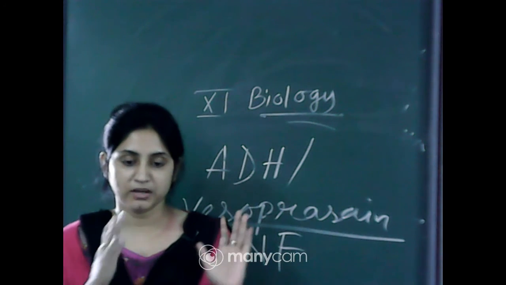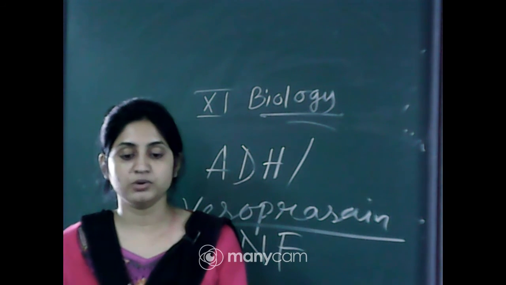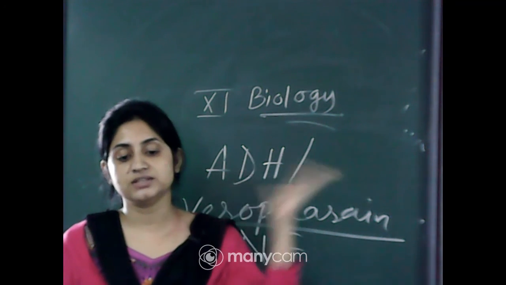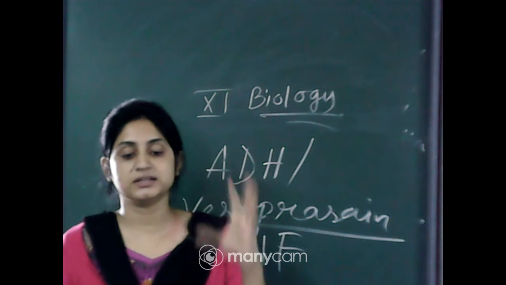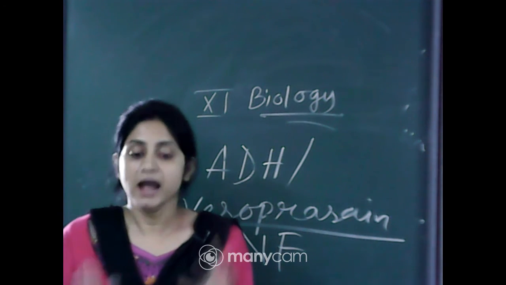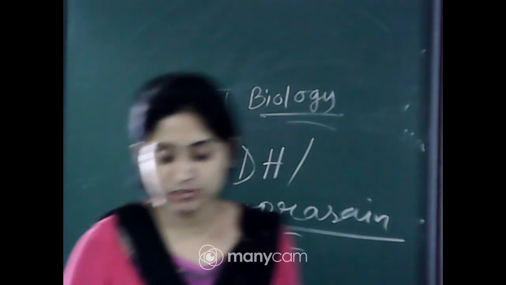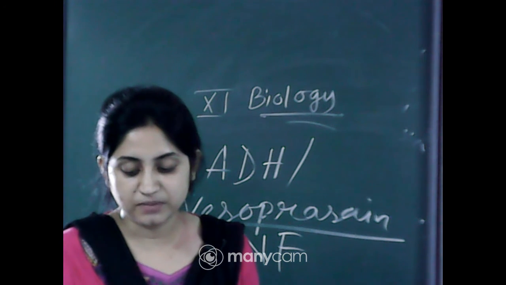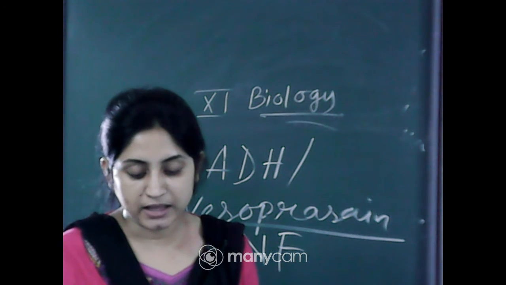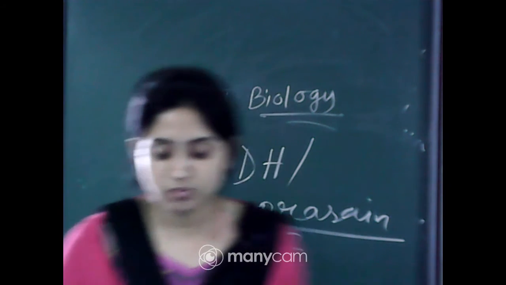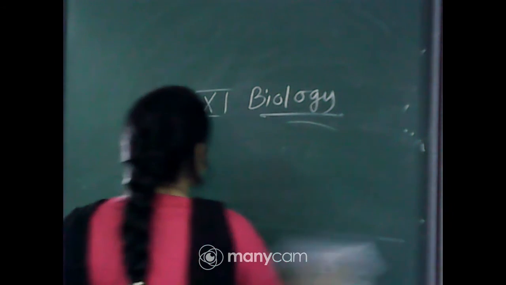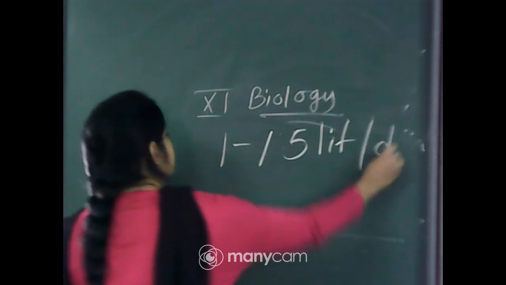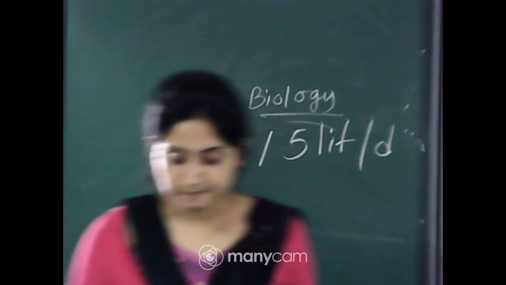So when urine is stored in the urinary bladder, the receptors send a signal to the central nervous system, and the central nervous system sends a signal to the wall muscles, that is, the smooth muscles and sphincter muscles, which helps to release the urine from the urinary bladder. This mechanism is known as the micturition reflex. An adult human excretes an average of 1 to 1.5 liters of urine per day. So how much urine is released from our body per day? 1 to 1.5 liters per day by an adult human.